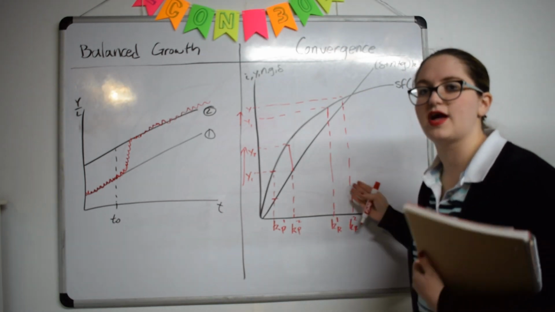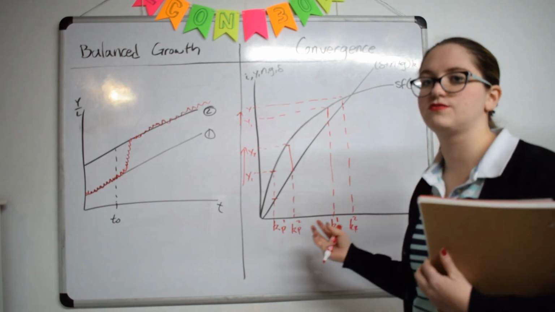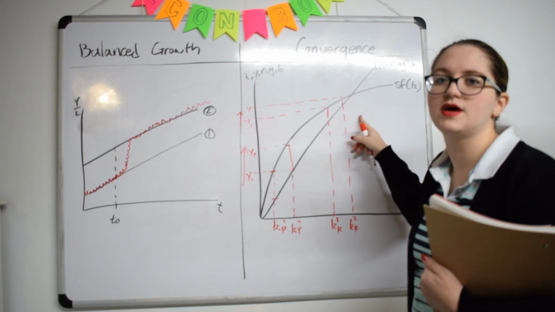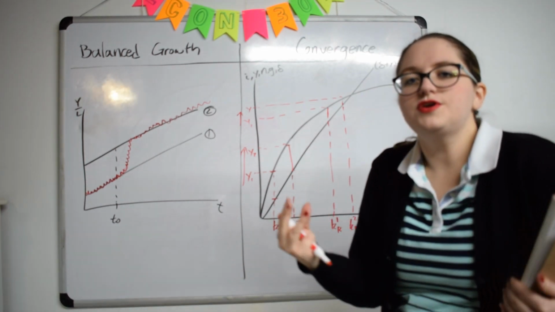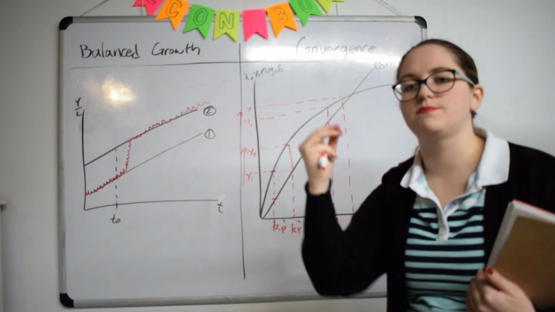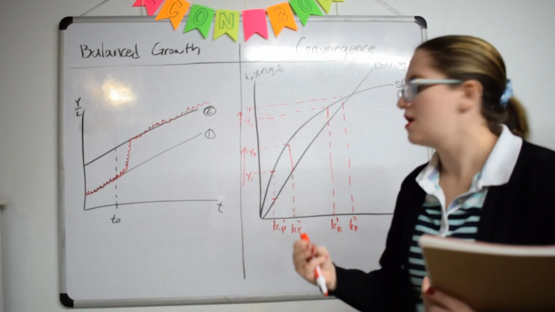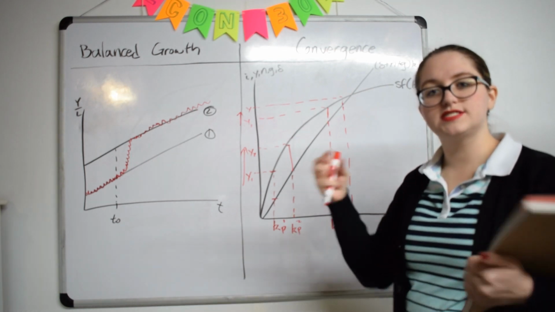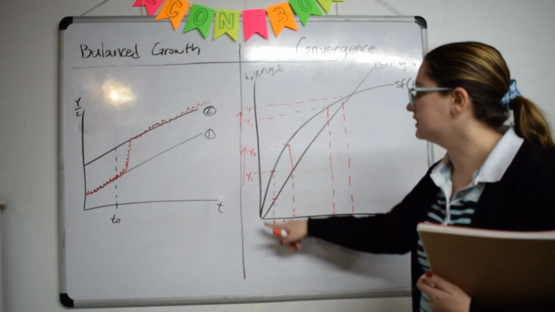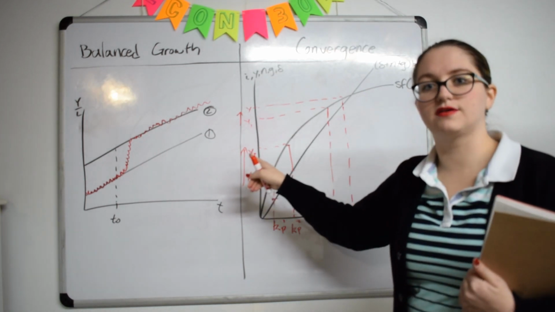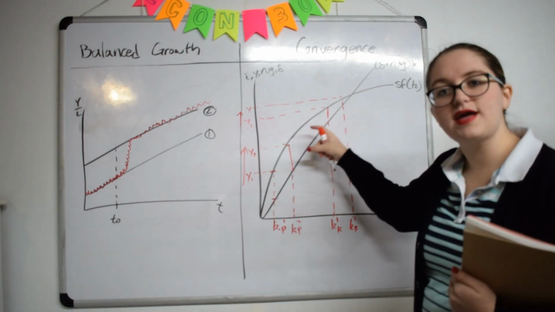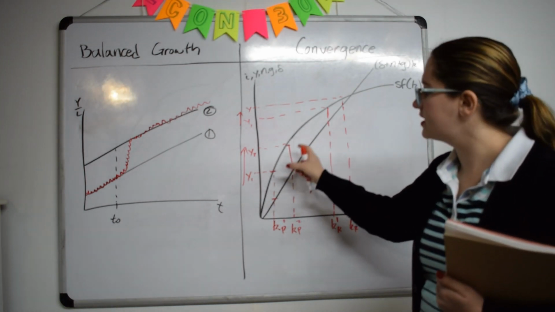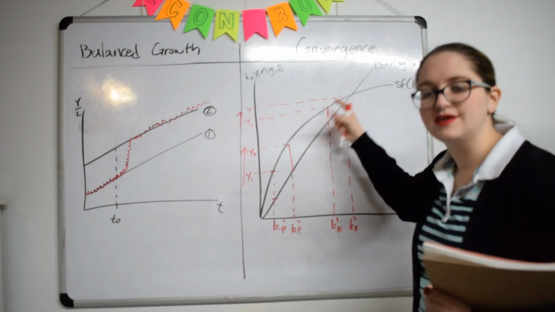The rich countries will have cutting edge growth. This is the growth that keeps them so close to the steady state equilibrium that a single unit of capital won't really improve their output very much. But on the other hand, for the poor countries, this is called catching up growth. So a single unit of capital will allow their output to grow dramatically. And as they continue gaining one more unit of capital, they'll be very quick in catching up to the rich